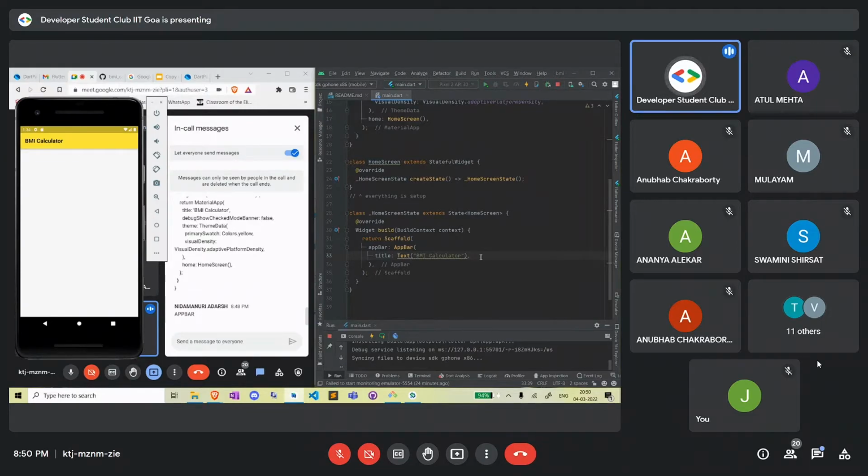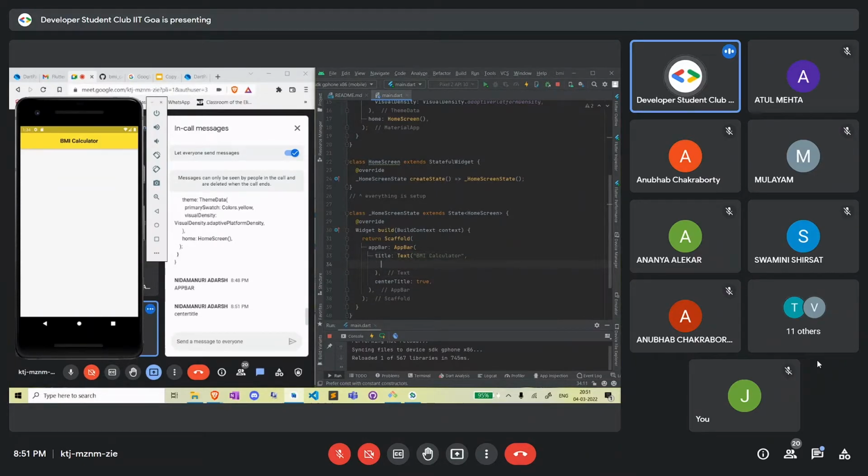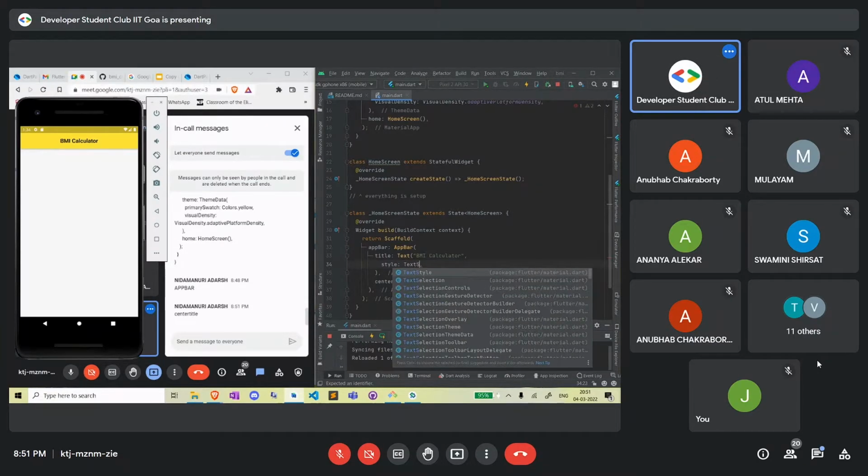Okay. So what can we put in the title here? Let me just see. In the app bar, sorry. So text. So in the text, we can center title. Yes, we can center the title. Definitely. Center title true. If I save this, you can see title got centered. We can also style this text. After this, we put comma and we do style. So style, text style widget,